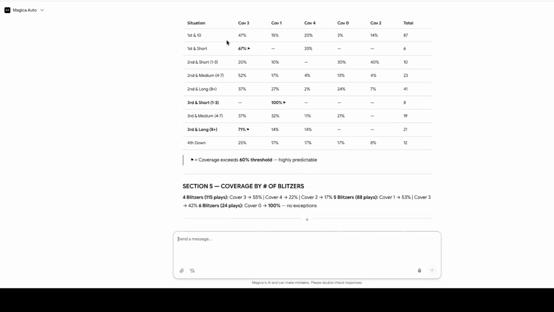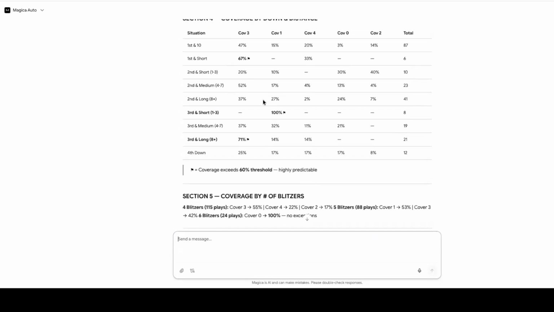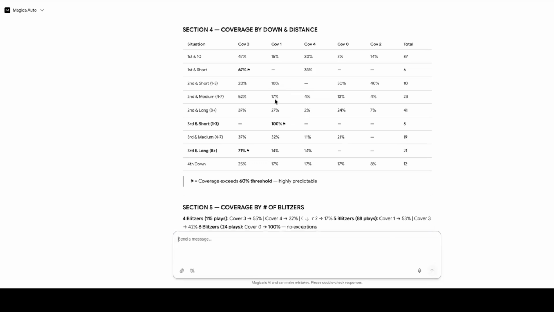Whether you're an offensive coordinator or defensive coordinator, this gives you the data you want to see. How much better of a play caller are you if you know it's going to be cover 3? Now I know I've got to call a cover 3 beater. Or if you know it's going to be man, you're not calling a zone beater and then saying, crap, they came out in man coverage. You should know that as a coach. You should know that.